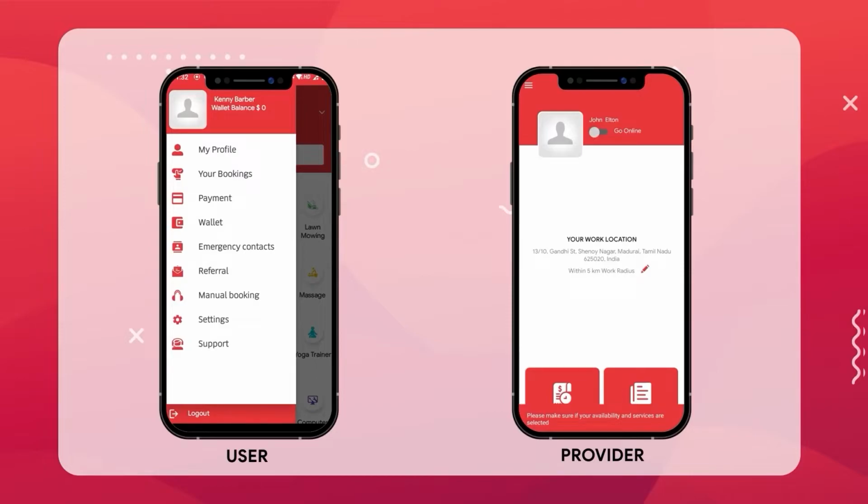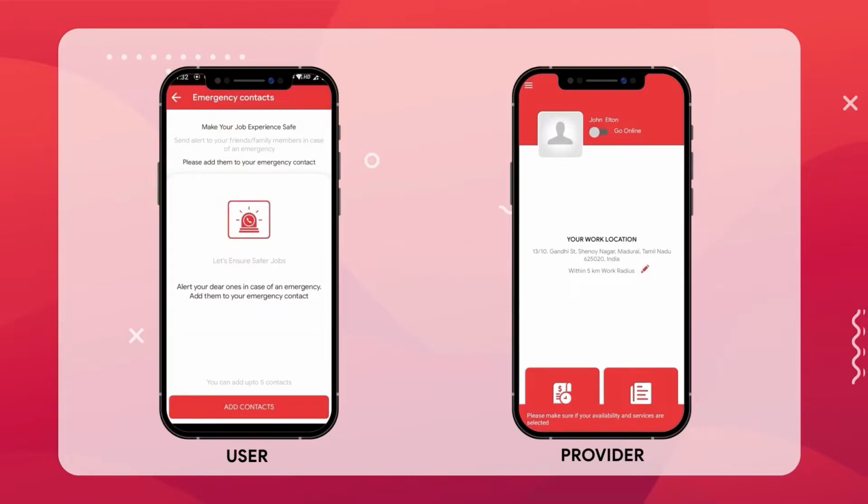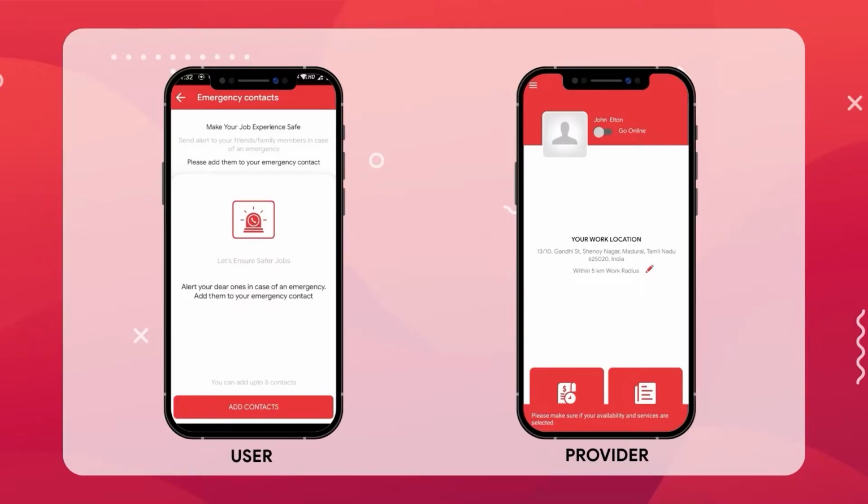The emergency contact option is used to add your friends or dear ones to the list of contacts in case of any emergency. You can add the contact number by selecting the contact from your phone contact list.